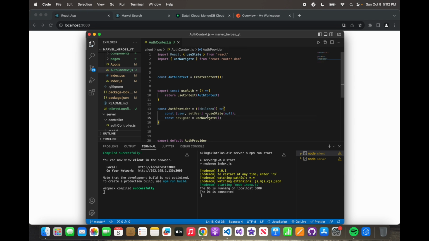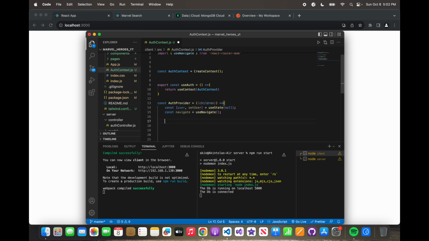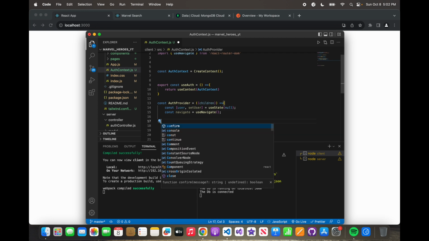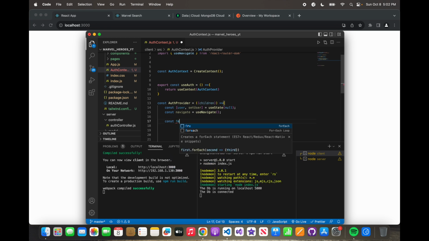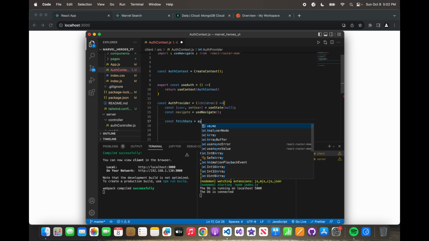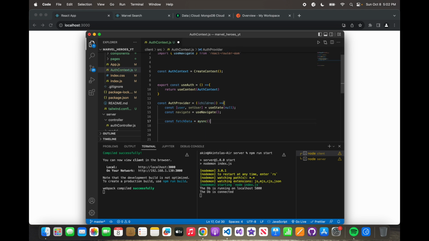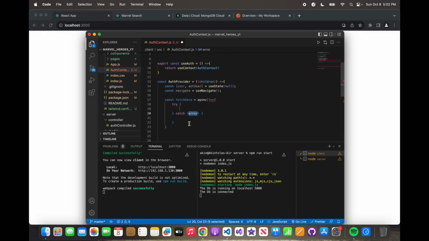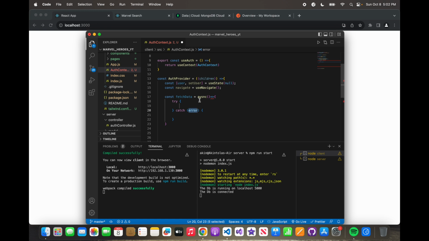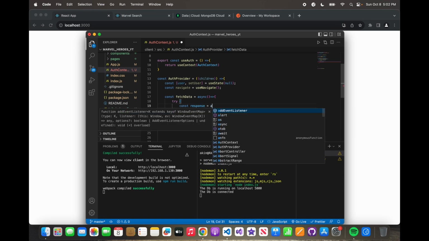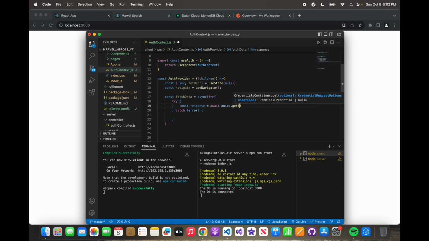Cool. So now within this function, we also want to be able to get the data. So const fetchData is equal to an async function, and we're gonna say try catch here. So what's going on here? Const fetchData is equal to async. I spelled this wrong. There we go. Try const response is equal to await axios.get, and we're getting from